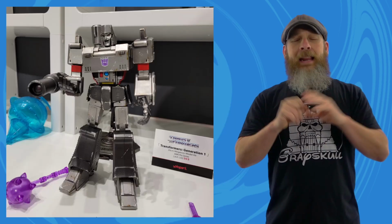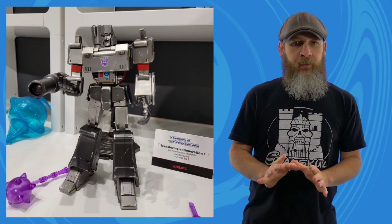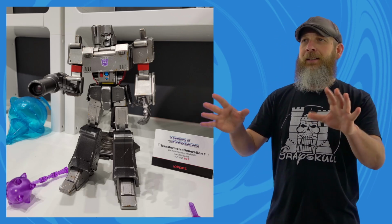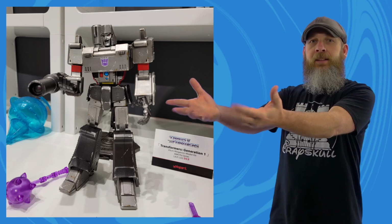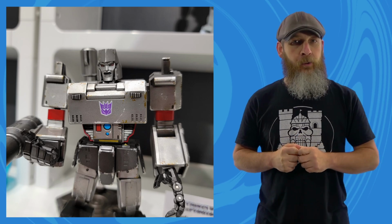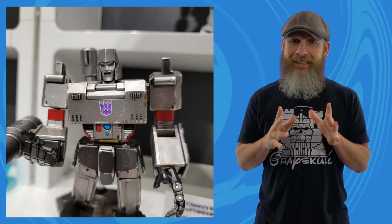Okay, people, just a quickie before getting to the meat and potatoes of the weekly, which would make this an appetizer, wouldn't it? A delicious Transformers appetizer. Anyway, last weekend at New York Toy Fair, I randomly ran across the Yolopark booth. I was looking for something else and boo! There it was. In doing so, I got to mess with their Transformers AMK Pro Series Generation 1 Megatron, and